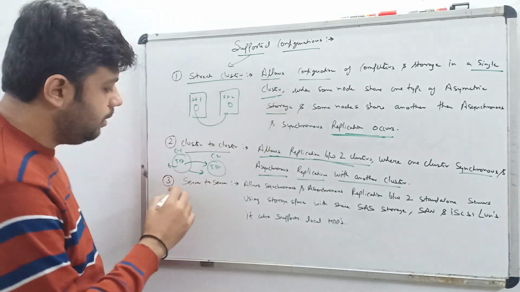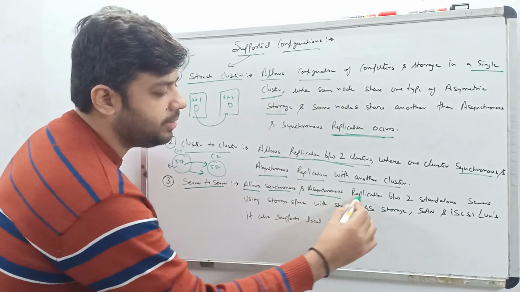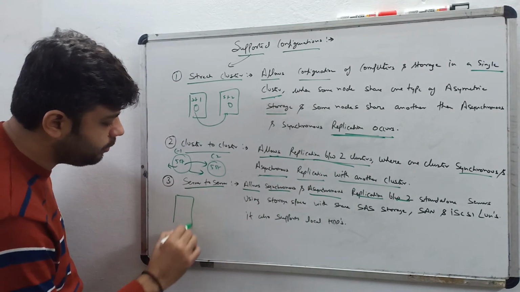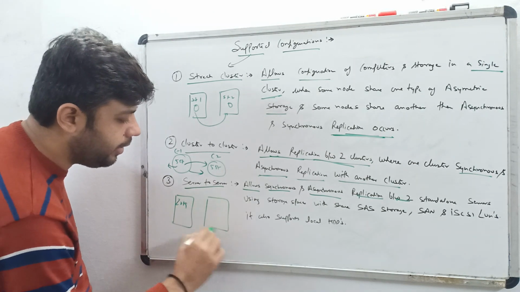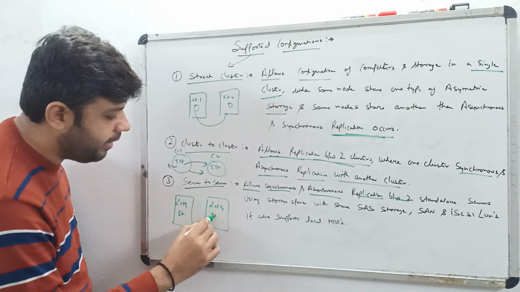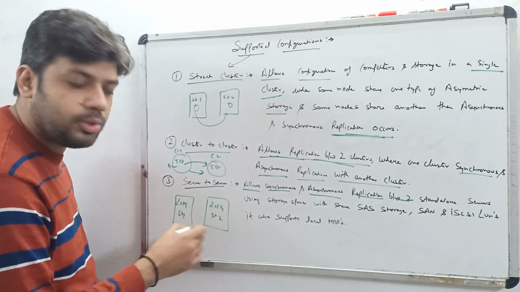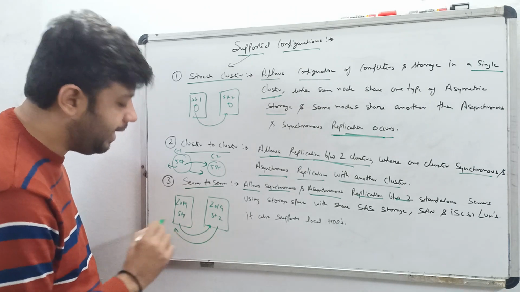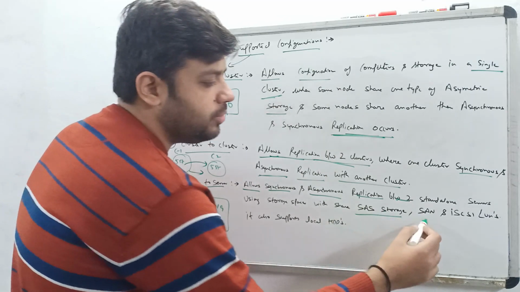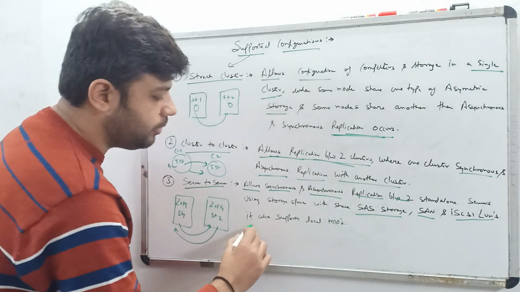Next we talk about server to server. Server to server means it allows synchronous and asynchronous replication between 2 standalone servers. What is the meaning of standalone server? Imagine we have 2 servers. There is a 2019 server here, and there we also have a 2019 server. Imagine that here we have storage 1 and there we have storage 2. It allows you to replicate these 2 storages with each other. We can use SAS storage also. We can use SAN, we can use iSCSI LUNs also. It supports all these things, and it also supports local SSD.